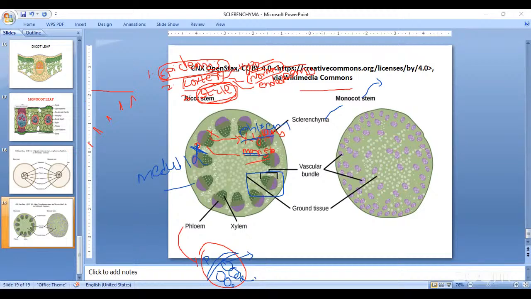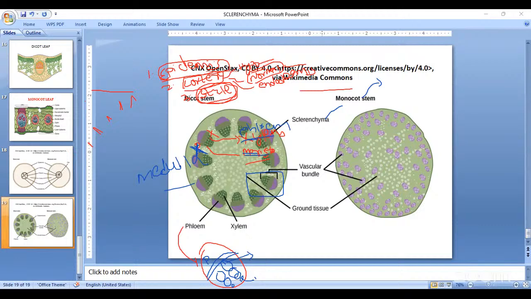Whereas in dicot stem, there is a clear cortex and a last layer, endodermis. But here the entire portion is called ground tissue. No stele, no pericycle, no endodermis, no clear stele. But within the ground tissue, the vascular bundles are scatteredly arranged. Like this, you can see this is one vascular bundle, this is another. So these are scattered in the ground tissue